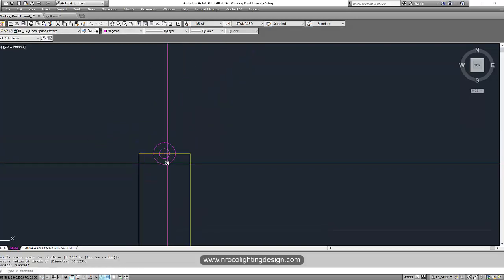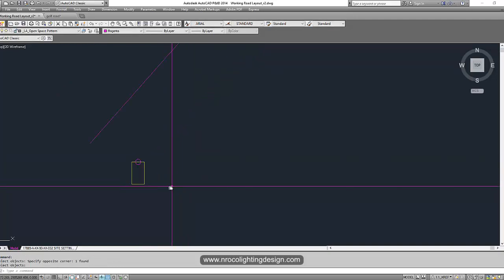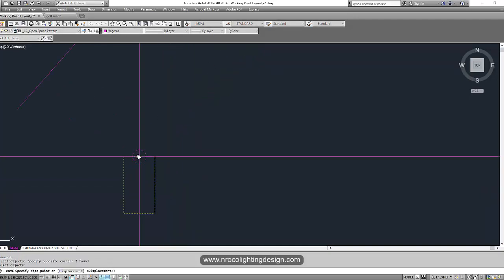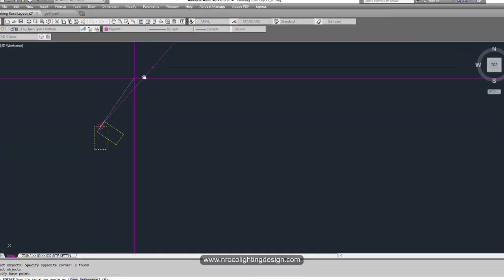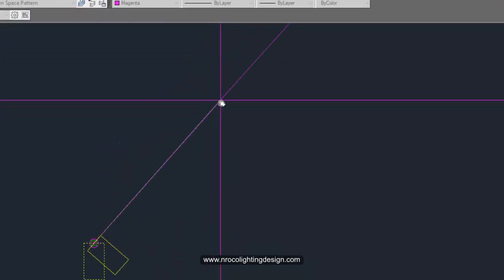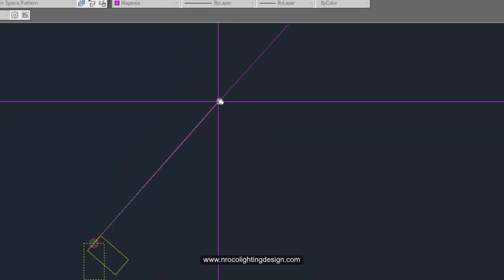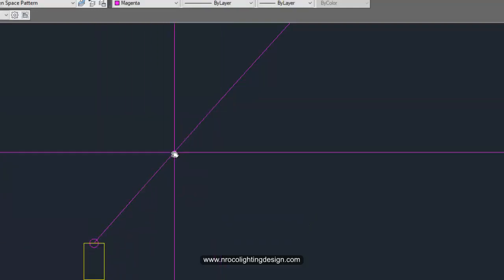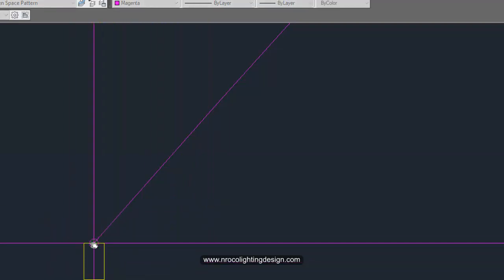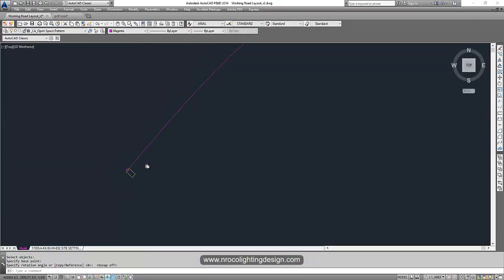Okay. And then, once you do that, you just need to move this one here. Let's say up to here. And then rotate it along the line. Or you can just rotate it, command RO or rotate. Yes. And then just align your cursor here. Press F3 if you are getting those points because it's a snap. Okay. F3. There you go.